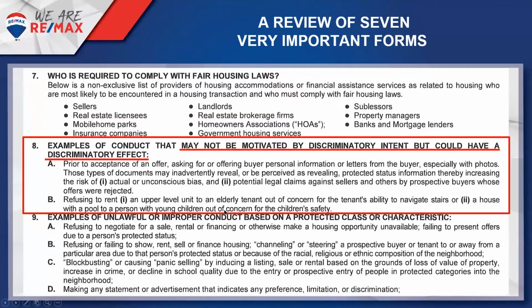fair housing laws. The form goes on to list some examples that may not be motivated by discriminatory intent, but could have a discriminatory effect. Now, this has come up recently because of the so-called buyer love letters. Accepting and reviewing buyer love letters by sellers could lead to inadvertent discrimination, even when the seller didn't intend to. And so there's a general advisory against providing these kinds of letters that, for most of us who have been doing real estate for a while,